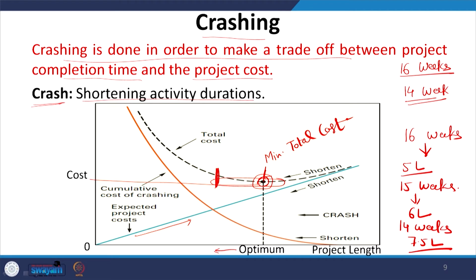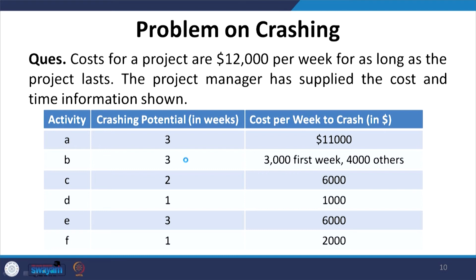So, the rate at which cost will increase beyond a particular point is very high, and therefore, you need to see what this point is. This is the point from where the cost of shortening and your actual cost will not match, and there will be a rapid increase in the cost of your project. So, let us see with the help of some data which will help us in understanding this concept of crashing.